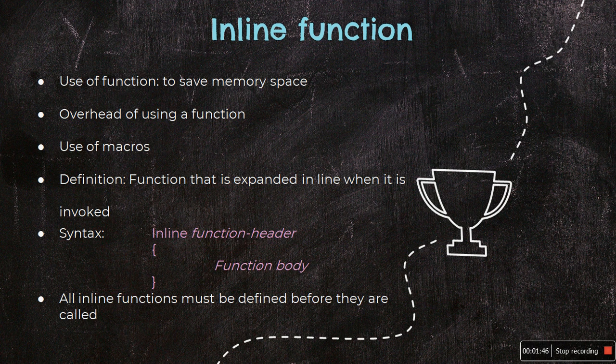And what happens is every time you call a function, it takes a lot of extra time in executing a series of instructions for the tasks that the function is doing, such as jumping to the function when you call it, then saving the registers. A register is a memory cell where you save the data, and then pushing arguments into the stack, and then returning to the calling function. So when a function is small, a substantial percentage of execution time may be spent in such overheads. This is the kind of overhead of using a function.